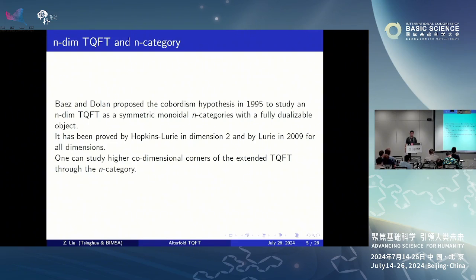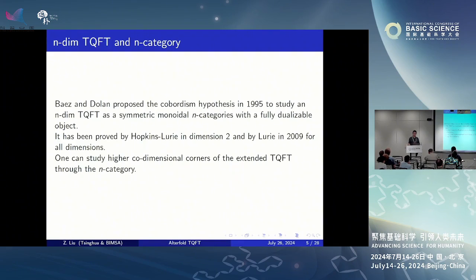This becomes a symmetric monoidal functor from the category of cobordisms to the category of vector spaces. And then people ask further: we can cut the boundary and get a codimension 1 space, and we cut it further and get a codimension 2 space and higher codimensions, called corners. Then there should be a further analog on the other side, the algebraic side, or in terms of algebraic topology, going from scalars to vector spaces and then to higher categories. This has been proposed as the cobordism hypothesis.